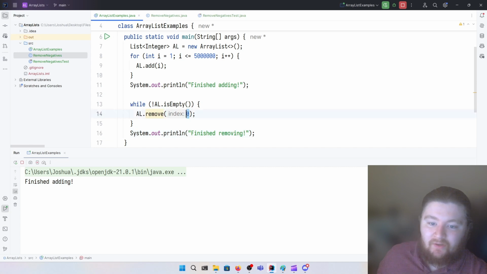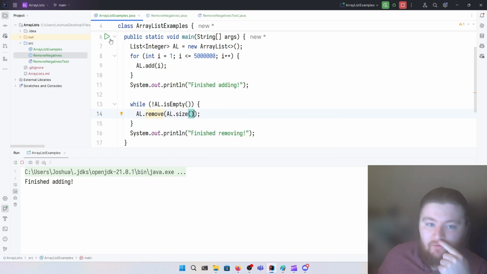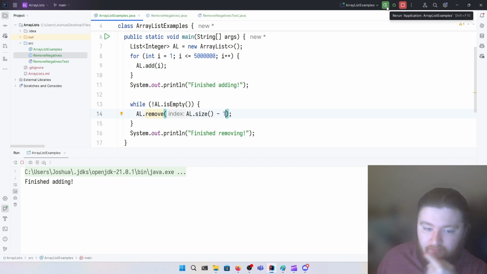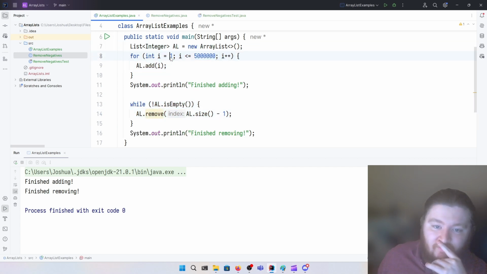I haven't closed it yet. Okay. Another thing we can do is actually, instead of removing from the start of the list, we can remove from the end of the list. Okay. So let's remove the element at the index -1, and that will always remove the last element of the list. Okay, where we don't need to shift anything down. Okay, again, still running, but let's just terminate it and let's see how long this takes. So there we go. So we finished adding instantly, then we removed them all almost instantaneously. So this is the power of actually making good design choices, but